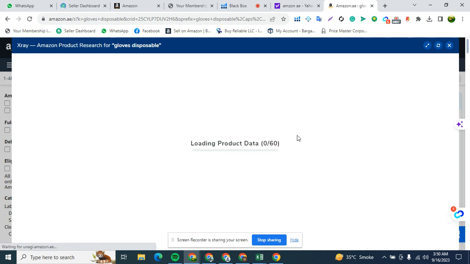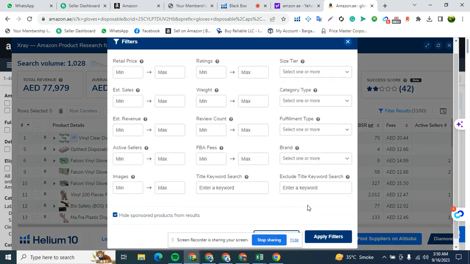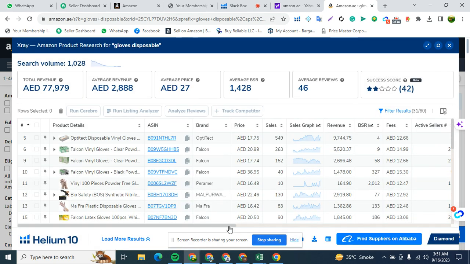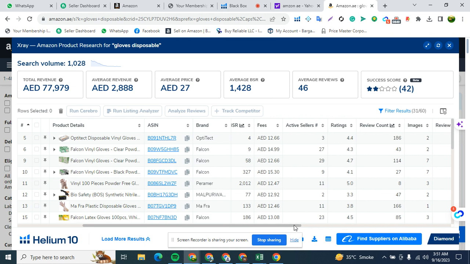Loading product data. After a few seconds, it will load from the first page. Here you can see the average revenue is 2,000 dirham, and the average score is a success story, 42. This is an amazing product for a beginner to sell on Amazon UAE. So you can easily find this type of product from Helium 10. You can also see many keywords. Here you can see